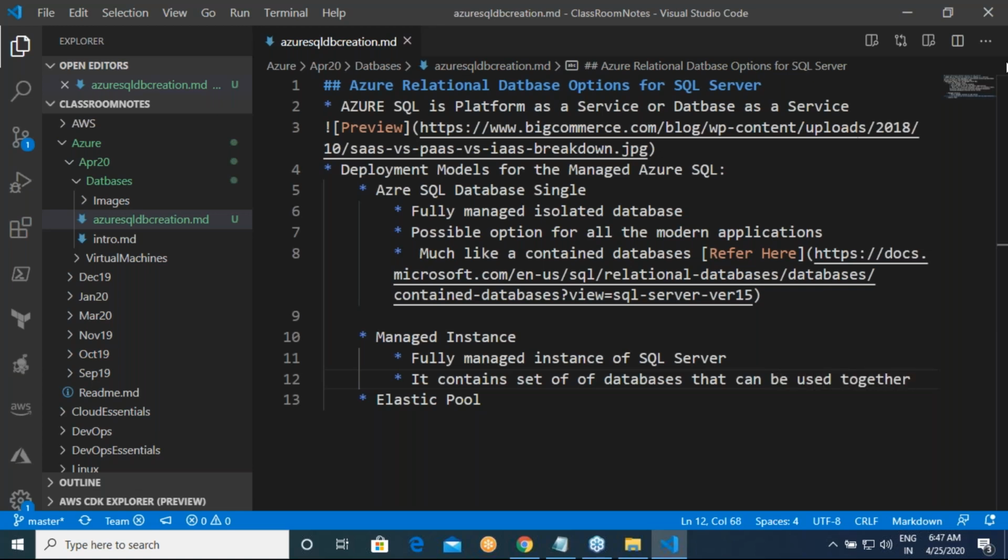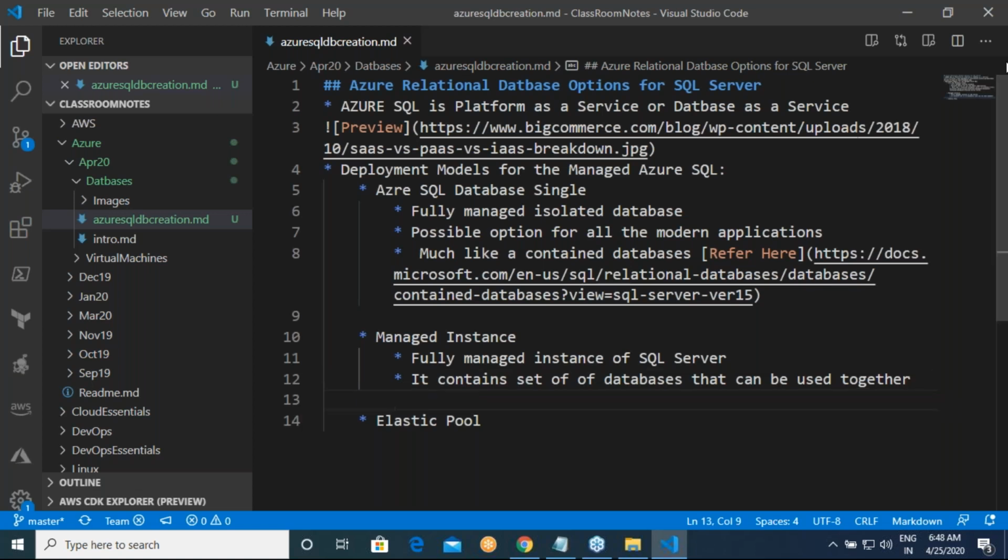This is how most of our companies will use a database server. They will have a DB team. They will take a huge database server, and in that they will create multiple databases and manage each individual database. They will give permissions on one database to some teams, and on another database to other teams. That is basically what a managed instance is all about: sharing multiple databases in one server.